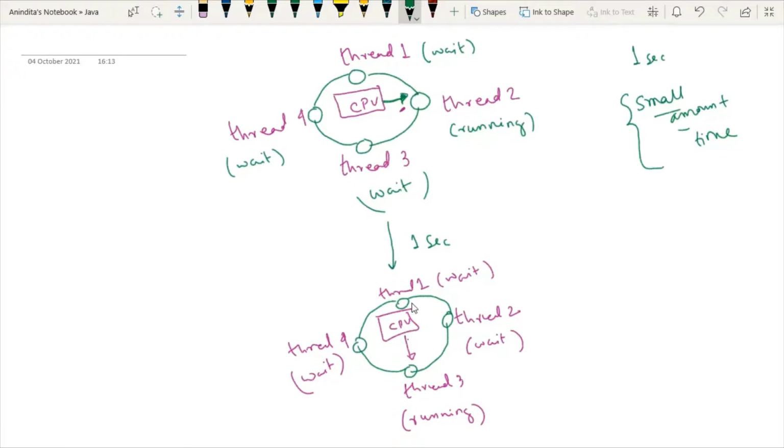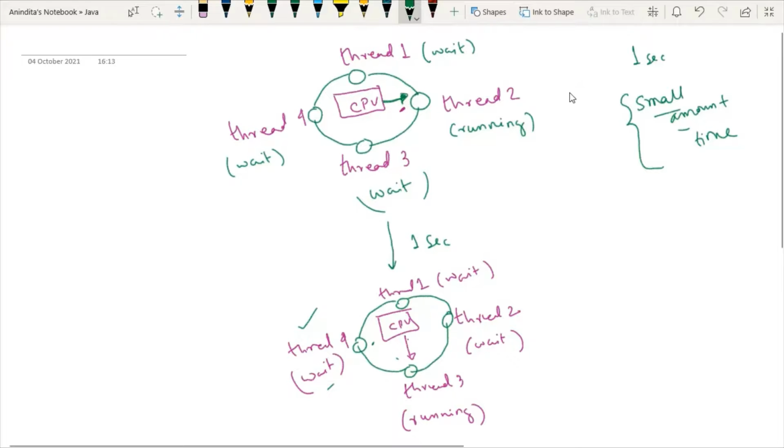After 1 second, again the CPU will switch from here to here. At that point of time, thread 4 will be in the running state and all other threads will be in the waiting state. This is the mechanism by which the CPU switches from one thread to another. This kind of scheduling is known as time slice based scheduling.